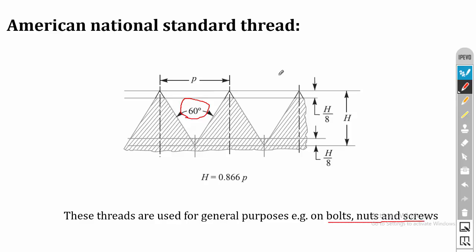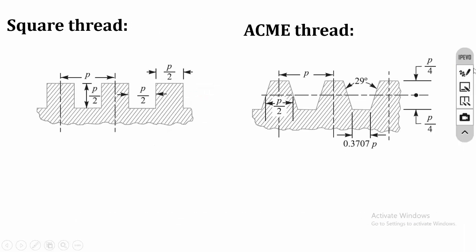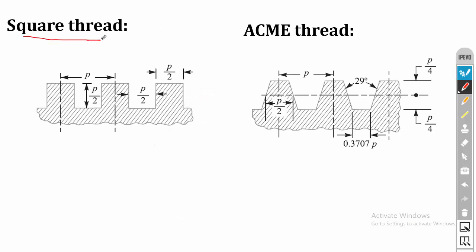Actually we have a different metric thread as per Indian standard, but the metric thread is a slight modification of American National Standard thread alone. The next one is square thread. Here the thread profile will be like a U structure. It's not a V structure. Here the angle is same, and this kind of square threads are used in high load applications